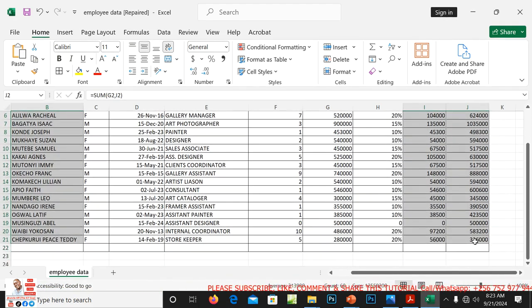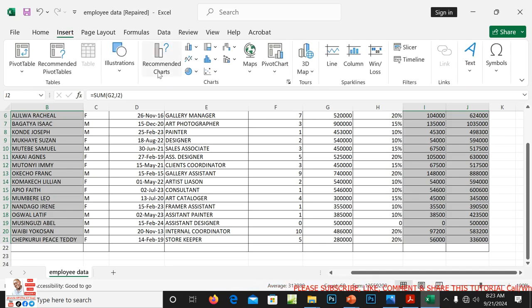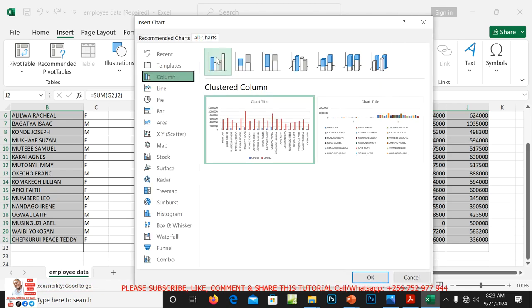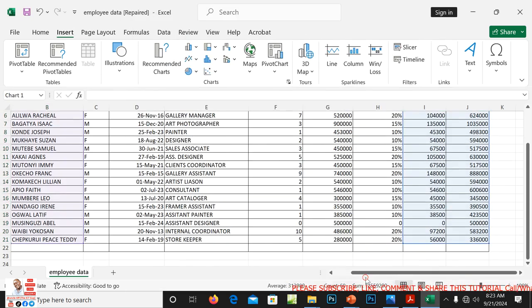Let us first try this and see. I will go to Insert, then Recommended Charts. Yes, we are going to use a clustered column. There we are.